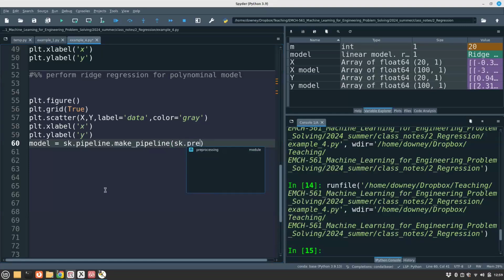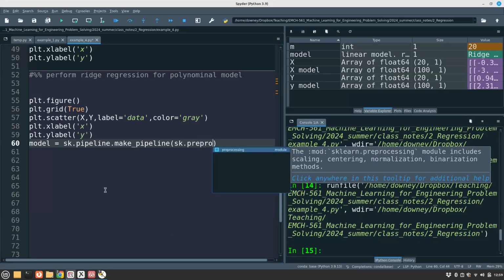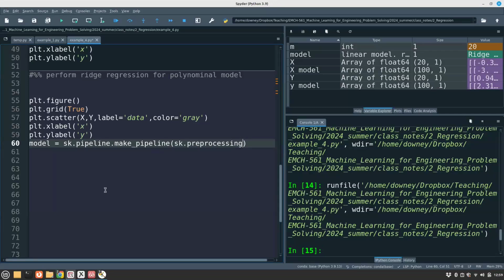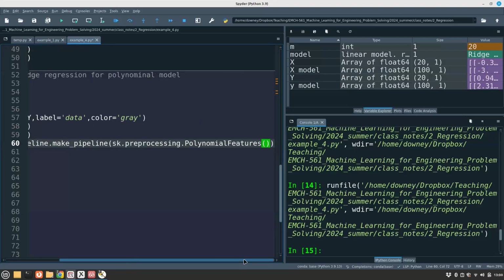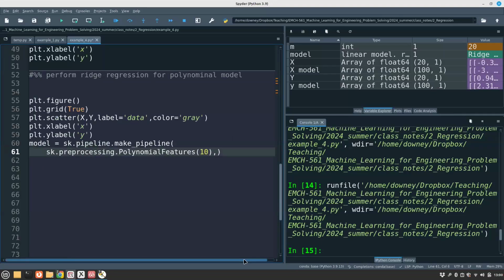So first is sk.preprocessing.PolynomialFeatures, 10, comma, I'm going to kick that down to the next line. There we go. And then we're going to go sk.linear_model.Ridge,